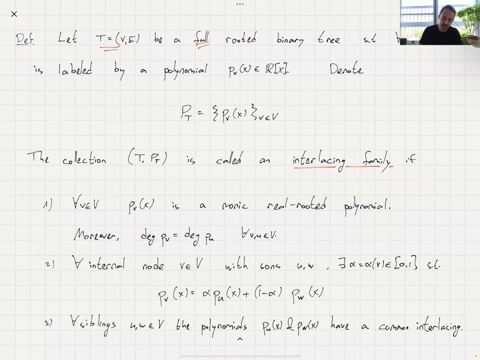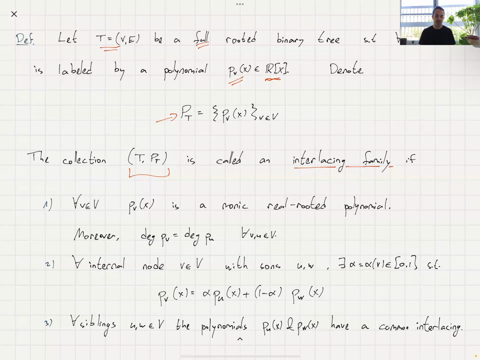But that's a tree. And the point is that to every node in the tree we are going to associate a polynomial, a real polynomial with real coefficients. It's going to also have real roots, but not now. So it's a polynomial over R. And PT will denote just the set of all polynomials that you see in the tree. Now the tree T and the polynomials attached to it, PT, with the attachment, is called an interlacing family if